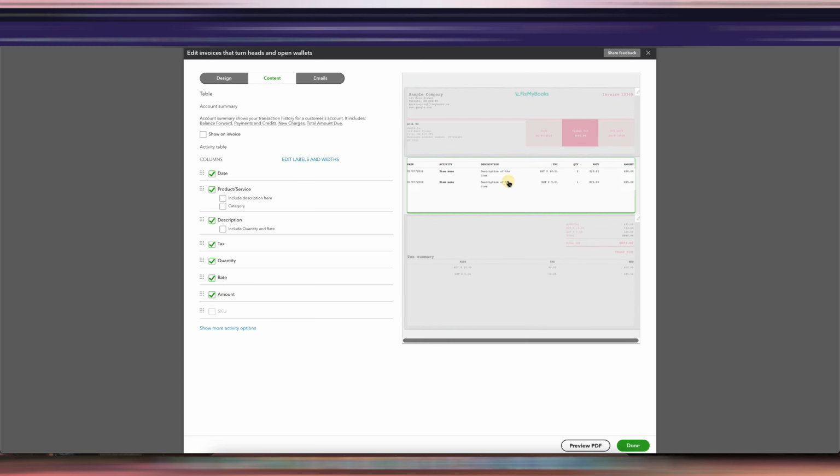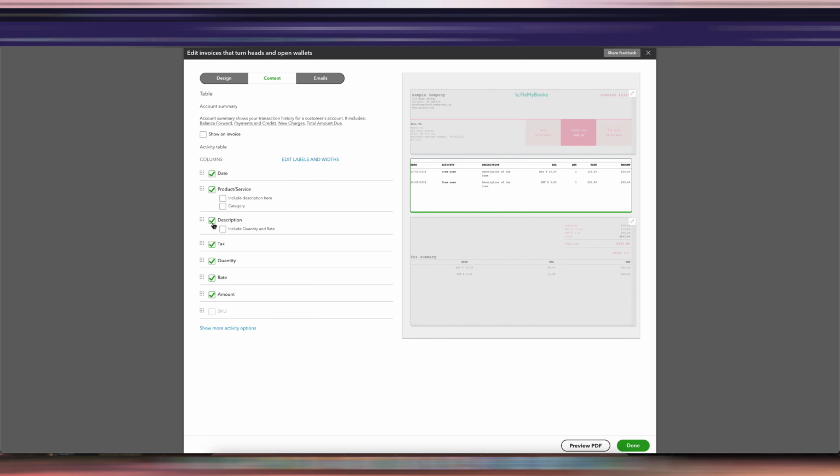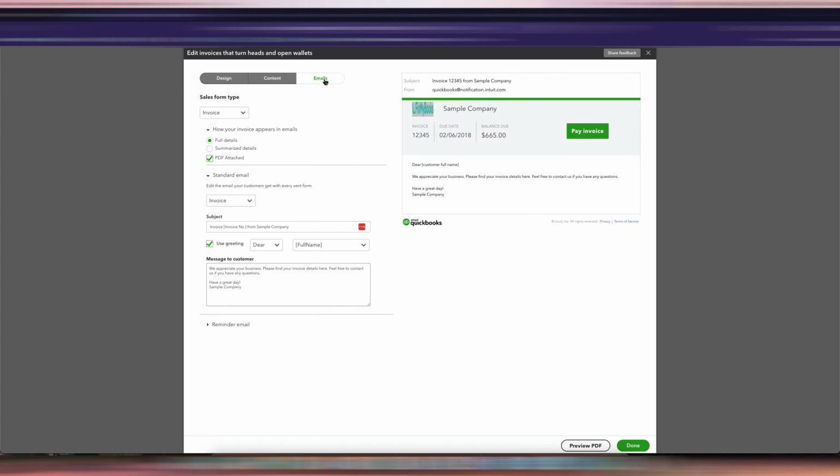Here you can edit the content, so you can show or hide things and then edit the labels and width, so you can make things super small and make other things super big. It's up to you. And then here in the email, this is what it's going to say in the email